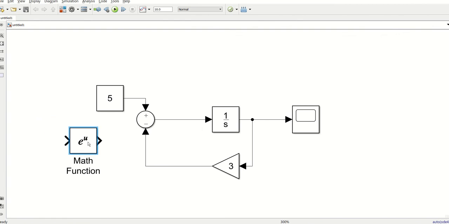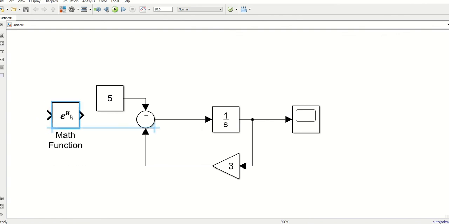Now for that we need to supply the values of x. These x values can be supplied separately.